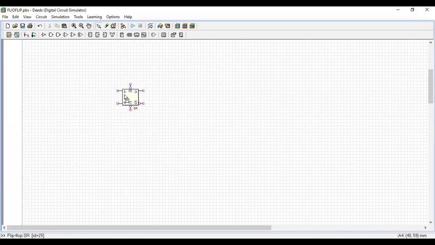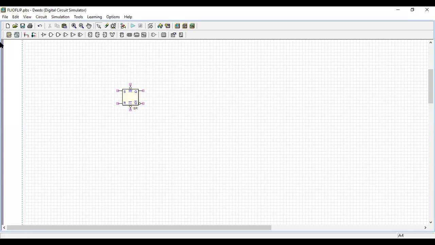So what all is there? I have set input, reset input. This is clear. If I press this clear, the flip-flop will clear all the output. This is preset. If I press this preset, the Q will become 1. Preset and clear inputs will always be there if you purchase hardware, so that is also given here. And Q and Q bar, we know what Q and Q bar are. Q and Q bar are outputs, all others are inputs.